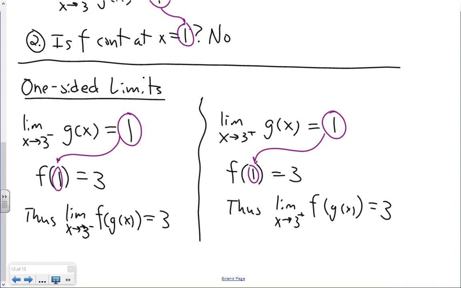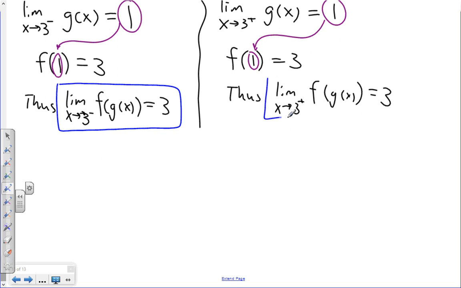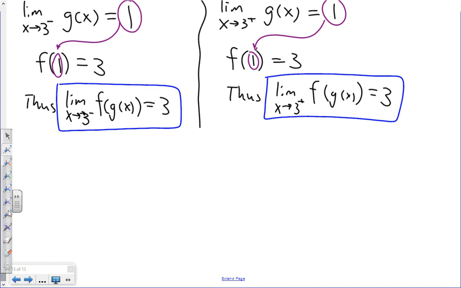And so those are the two things I'm considering now. I'm looking at the limit as x goes to 3 from the left side, looking at the limit as x goes to 3 from the right side for this composition. If those are the same, then that's my limit. If they're different, then my limit does not exist. So we can say, therefore,